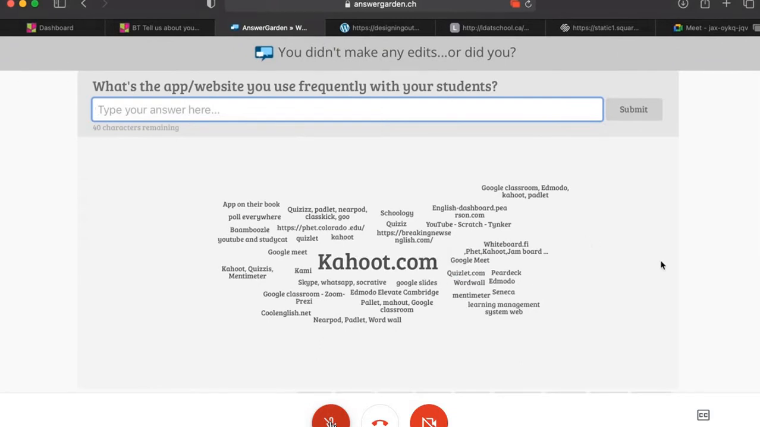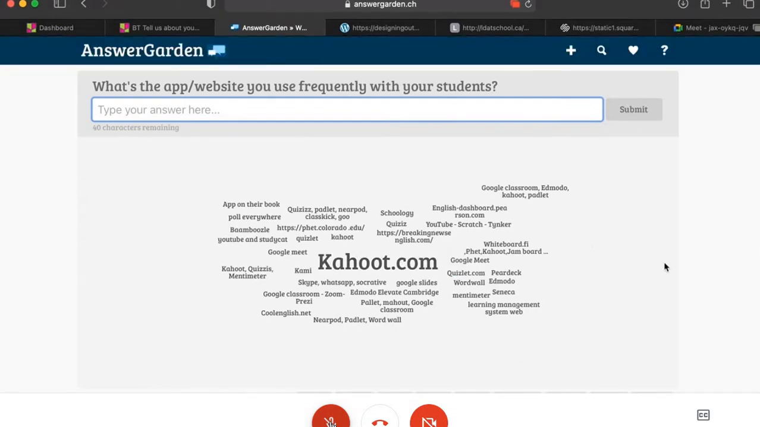Okay, so now you can see what I mean. Kahoot being in the biggest font at the middle means that this is the most commonly used app or website that all of you use with your students. Okay, and I cannot agree more with you. Kahoot is extremely fun and really interesting, and all students love it, even the adult ones. I've tried it with my adult students, and they love it. It just sets the class on fire. Okay, so